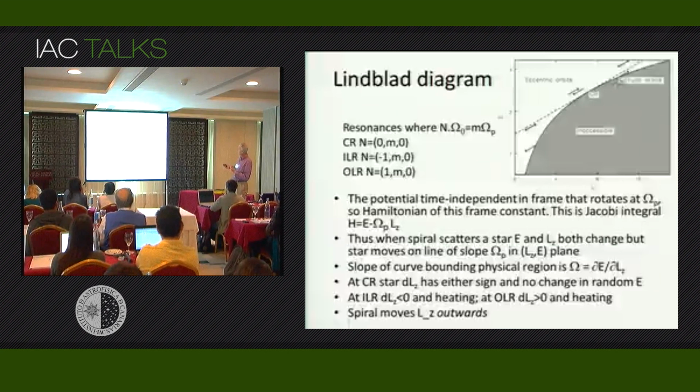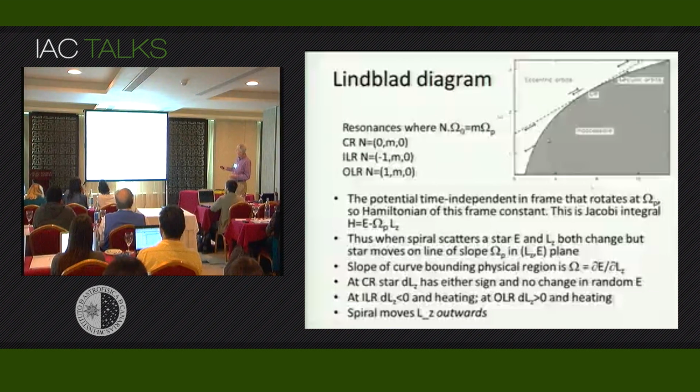Up here, there's a star that also has a resonant frequency, is able to resonate with the spiral. So it's capable of changing its angular momentum, it's capable of diffusing, but it has to move parallel to this dotted line again. It can't move down because that would carry it into the unphysical region where there are no orbits, so it has to move up. So the key thing is that these stars at small radius lose angular momentum. They move this way. These stars with a large radius gain angular momentum and move this way. This is the inescapable conclusion for this line of argumentation.